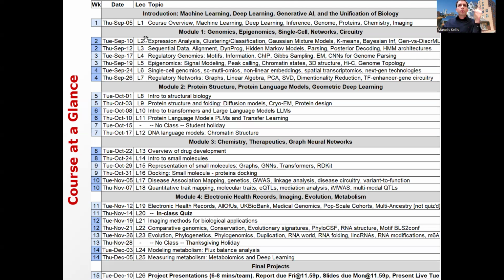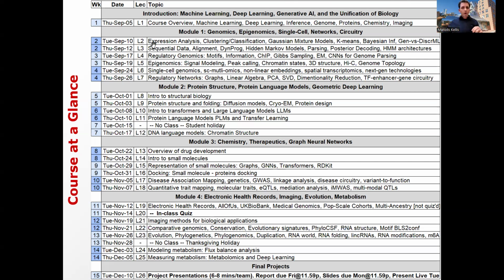Okay, so the goal of module 1 is to basically first, today we're going to look at expression analysis, and we're going to introduce the concept of clustering and classification more broadly in the context of supervised and unsupervised learning. And we're going to include some ideas of semi-supervised learning and so on. We're going to first introduce a very simple algorithm known as k-means, and then we're going to see how this is in fact about Gaussian mixture models. And we're going to get into the mood for machine learning and Bayesian inference and generation versus discrimination, etc.